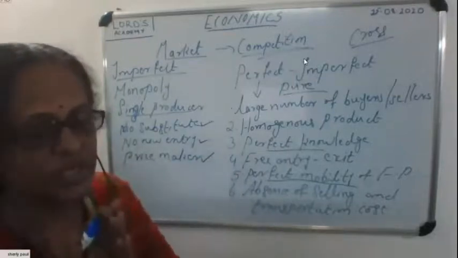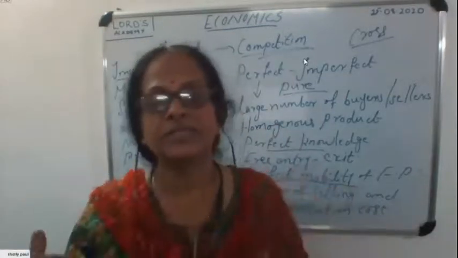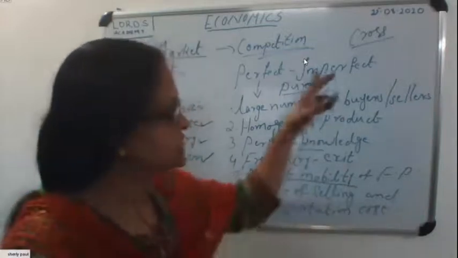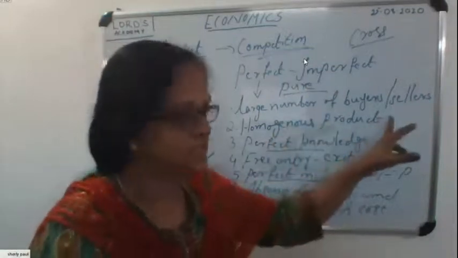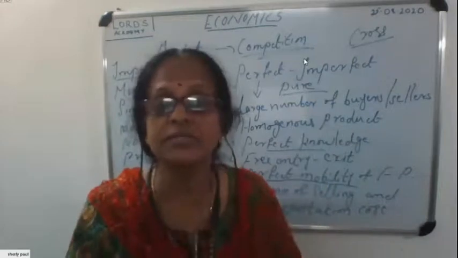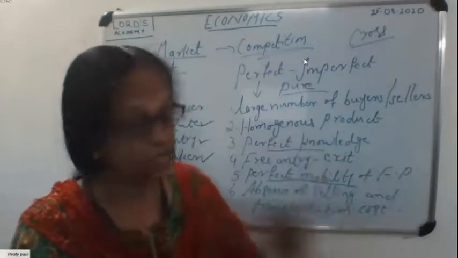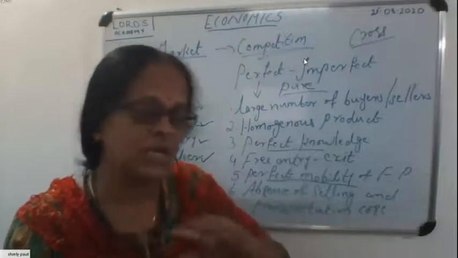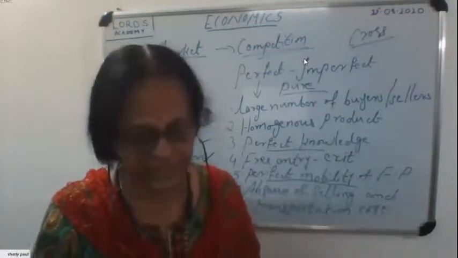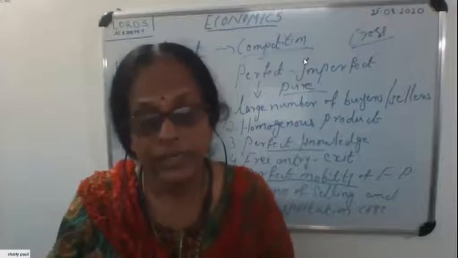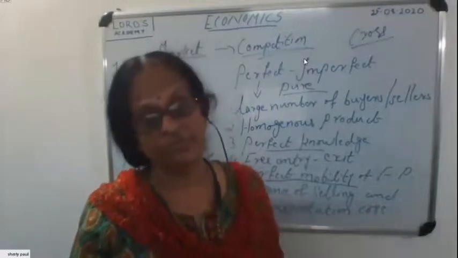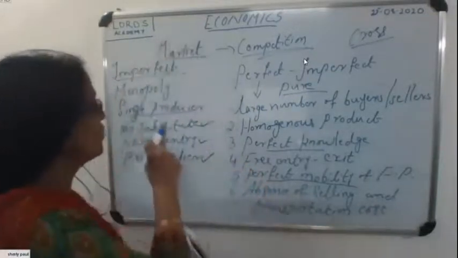Don't be confused between price maker and price taker. Because we studied in perfect competition, the sellers, the producers are only price takers. What price is fixed in the market, they have to follow. They cannot change it. If they want to raise the price, they will be out of the field. That is the condition. Here, price discrimination is there in monopoly.